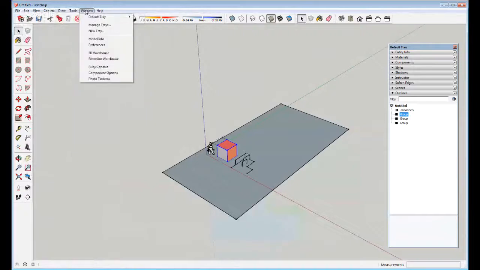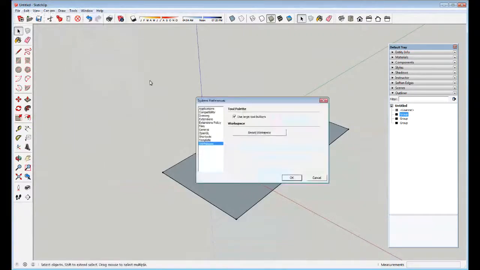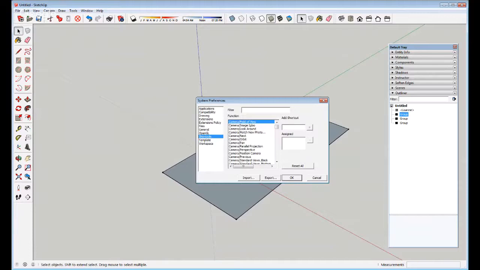But I do want to go into the preferences here. If you go over to Window and then Preferences, something that's very important is to go into your shortcuts. As you identify for yourself which are the tools you use most often, you want to start creating shortcuts for those tools that really make sense. For example, I have started to put,